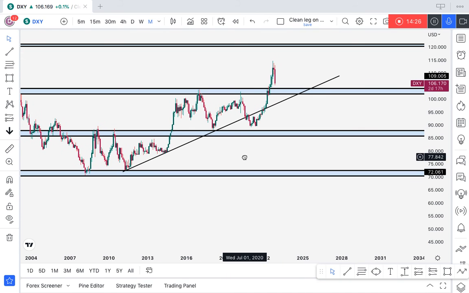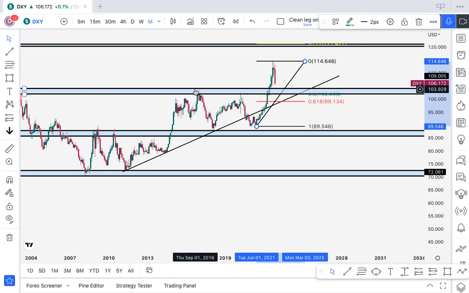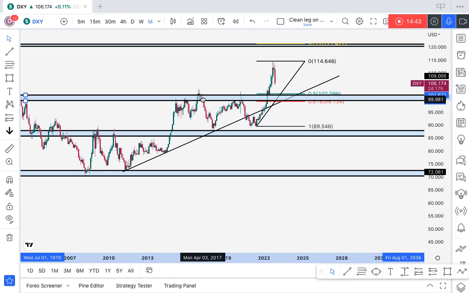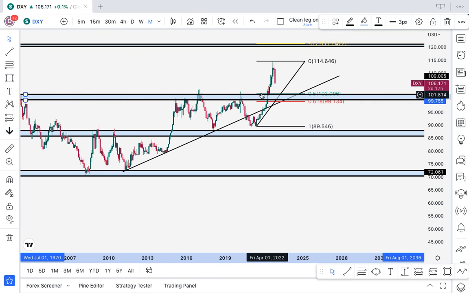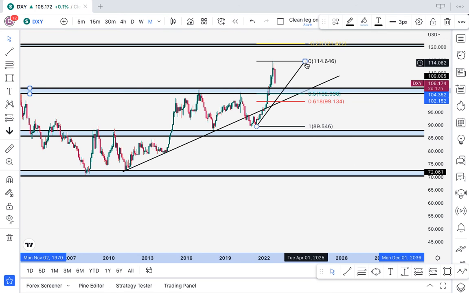Okay, so another thing that is making me very confident that we are still in an uptrend is this: if I bring my Fibonacci tool and draw from swing low to swing high, because we are in an uptrend, you can see that where this market is trying to pull back into is this Fibonacci 50 zone.